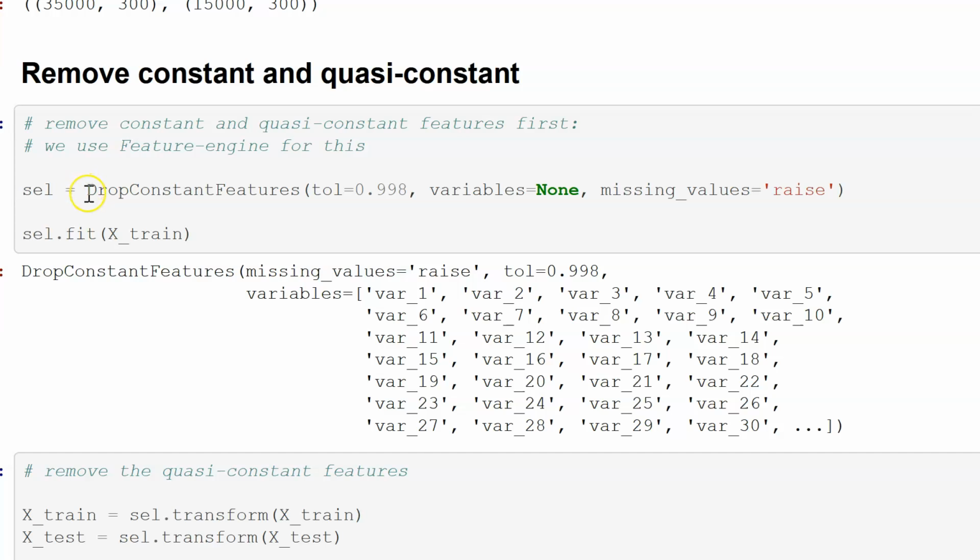Utilizing Feature Engine, we create an instance of the drop constant features, indicating that the tolerance is 0.998, which will remove features that show more than 99% of the observations with only one value. With variables equals none, we tell drop constant features to evaluate all the variables in the dataset. And with missing values raise, we tell Feature Engine that if the variable contains missing values, it should show an